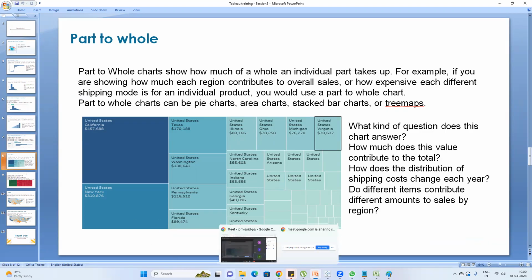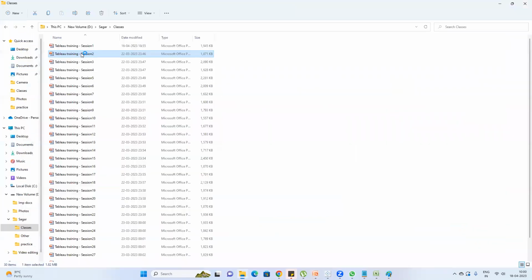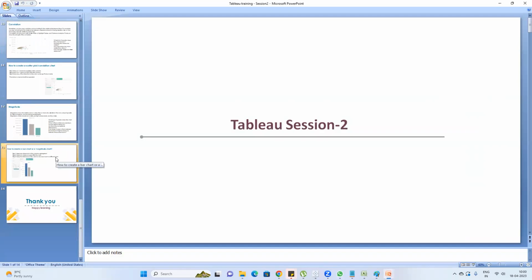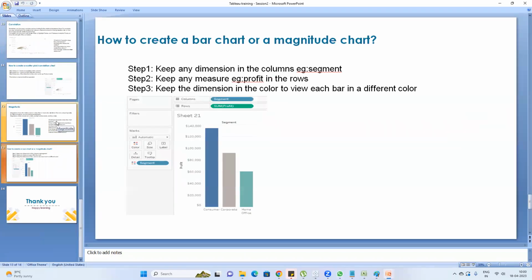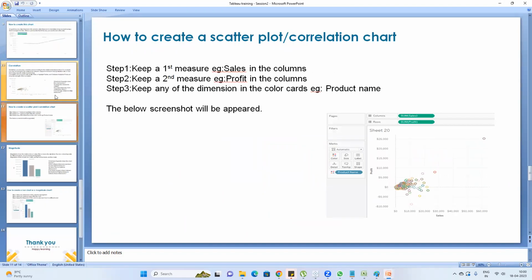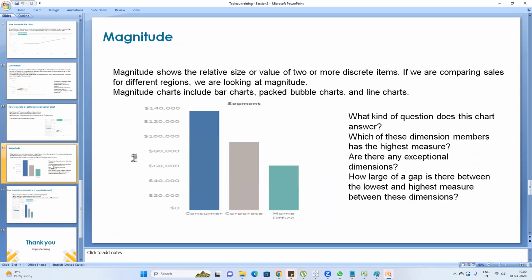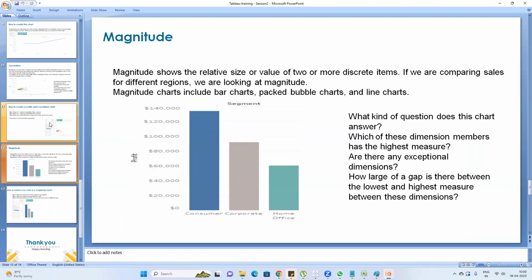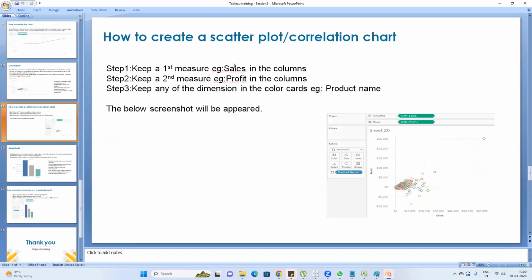In the previous session, I have shared this Tableau session 2 on WhatsApp, and you have a few of the steps also, how to create all this. For the bar chart, you have steps, and you have steps for creating the correlation chart,